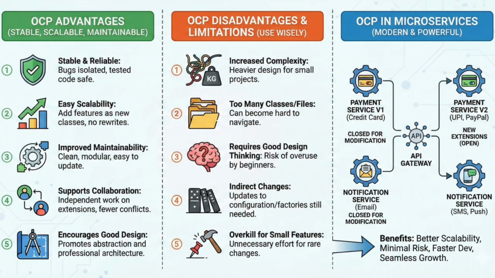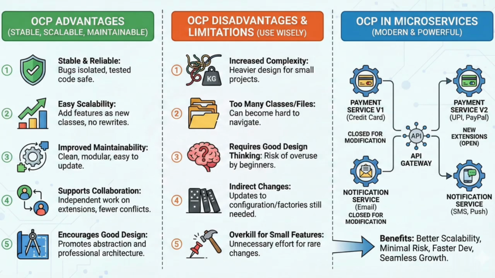Fourth, it can sometimes result in indirect changes instead of real simplicity. Even though we don't modify old code, we may need to update factory logic, configurations, or dependency injections, which still requires careful handling. Finally, it may be overkill for small or rarely changing features. If a feature is not expected to change frequently, designing it with heavy abstractions might just waste time and effort. So while the open-closed principle is extremely useful, it should be applied wisely and only where necessary, with proper planning